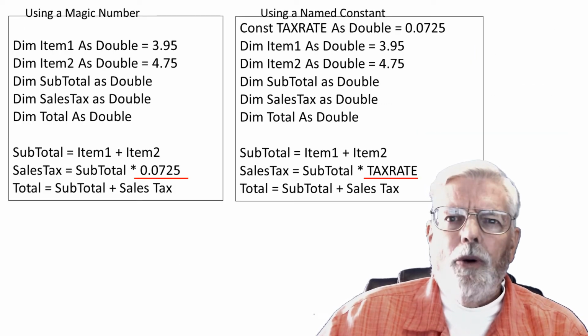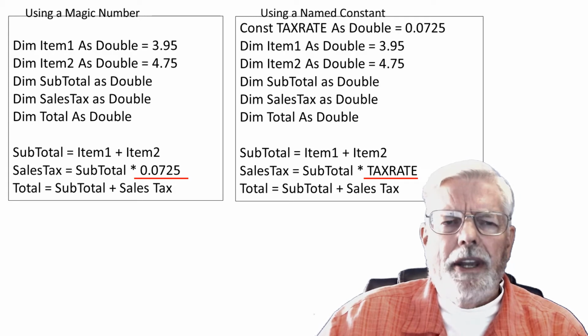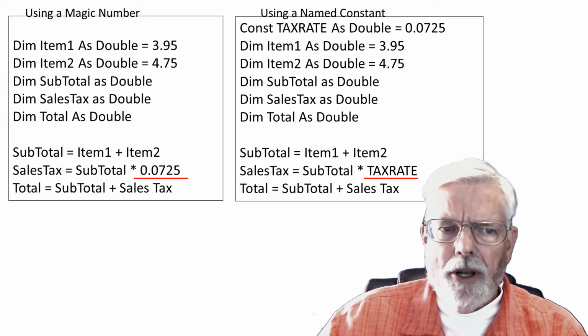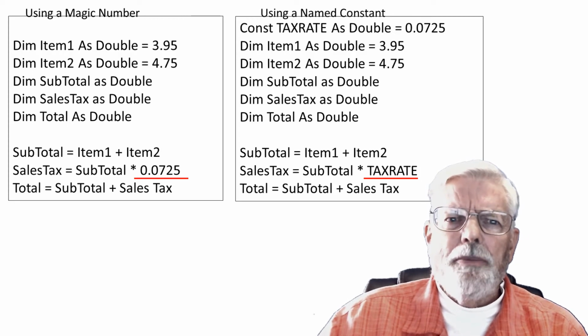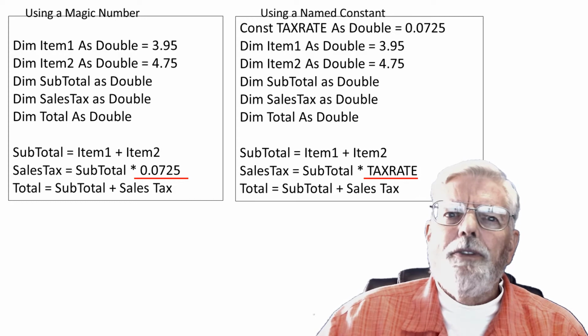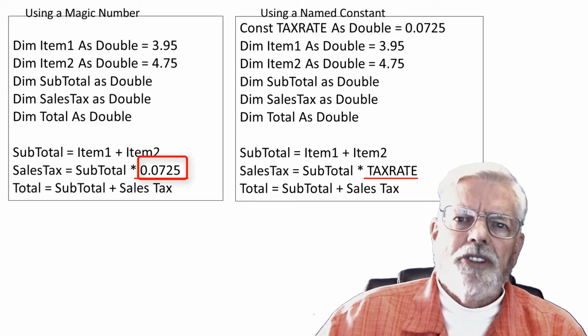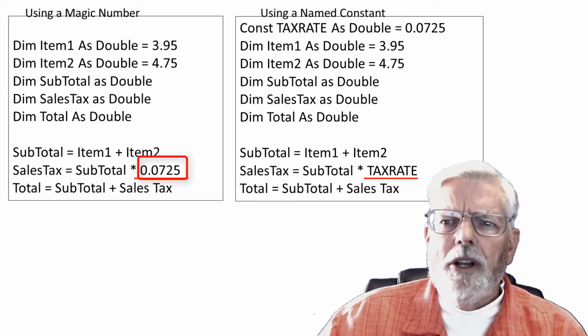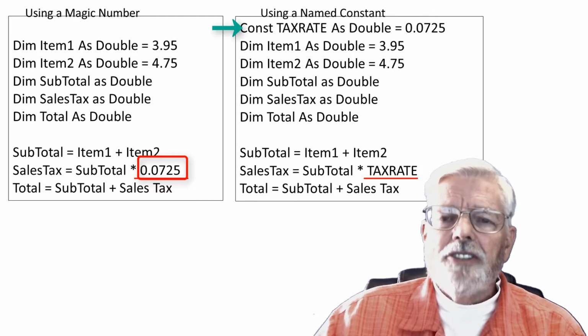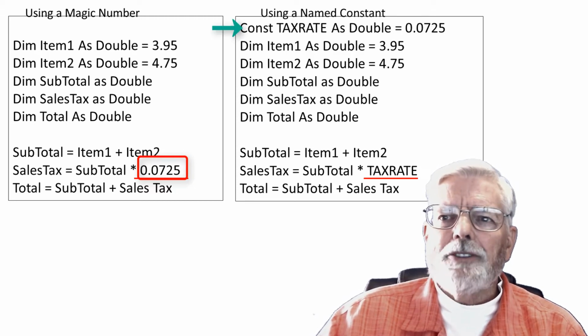Here is some sample code in Visual Basic that shows how to use a named constant instead of just placing a numeric value somewhere in the middle of the program. The concept is the same for Java, C, or C++. In the first example, the value of 0.725 is placed in the code. Someone later may wonder where it came from. But if a constant is defined at the top of the program, tax rate equals